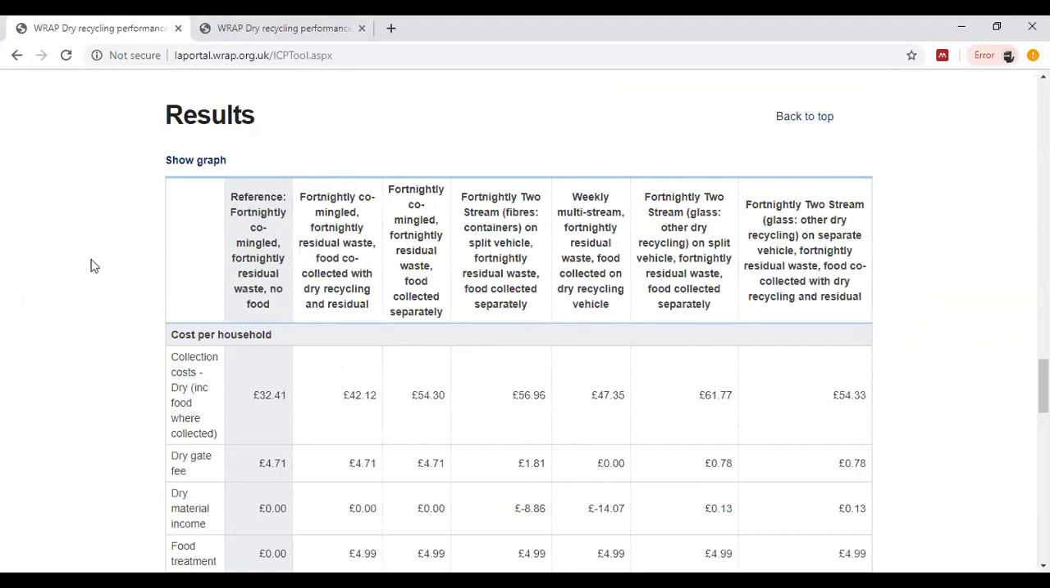Okay, so along the top here, we have the different scenarios that the tool models for. So the one highlighted in grey, this is your reference. So this is meant to represent as much as it can within the tool what your current schemes are. So we've got the fortnightly commingled collection for dry recycling and fortnightly residual waste and no food collected because it's collected with garden waste. We then have here another 6 scenarios with different schemes,